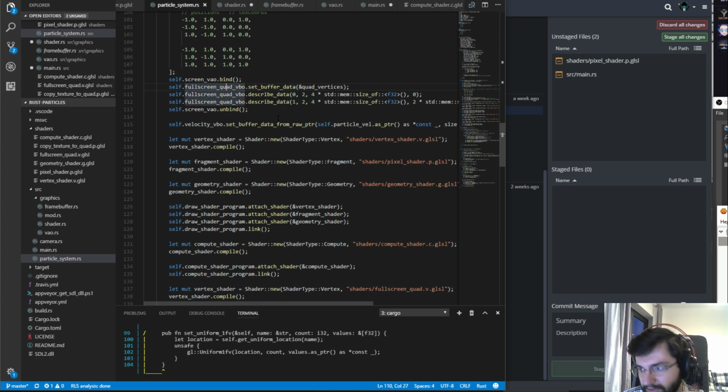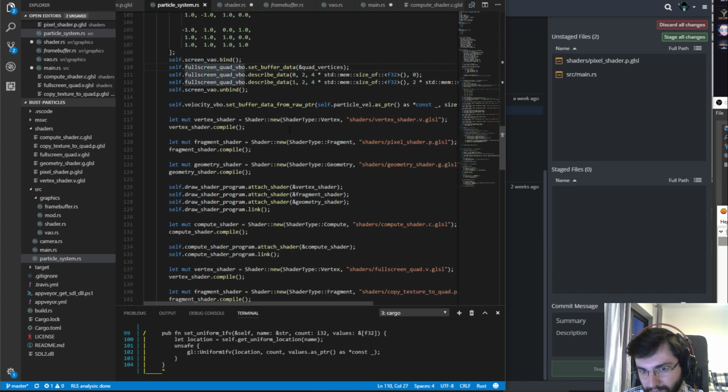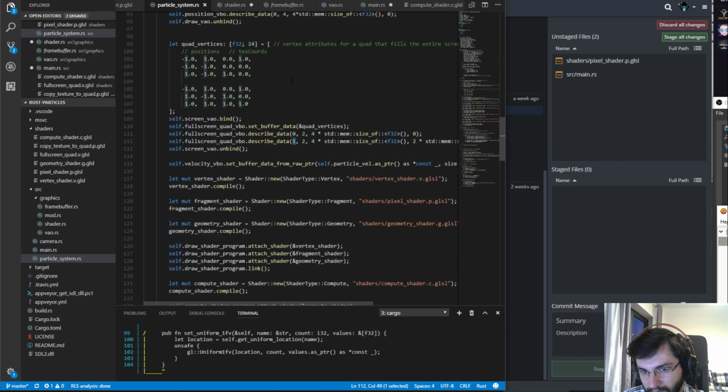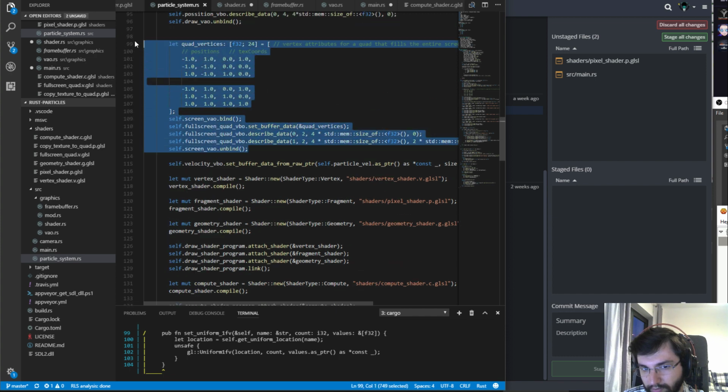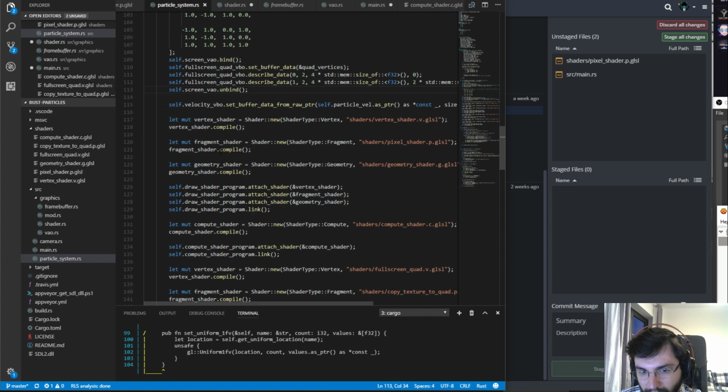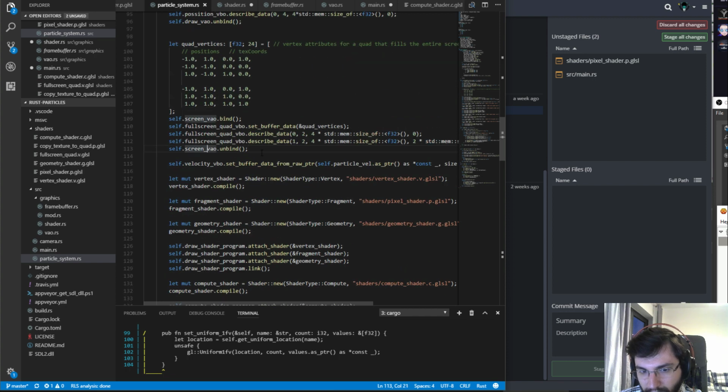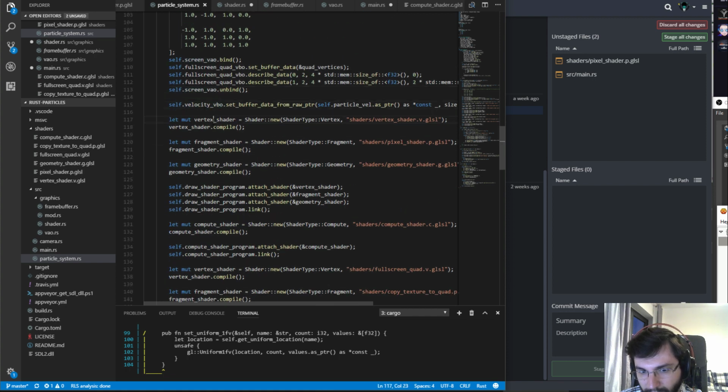I don't know how much detail I should put into these. Okay, this is the full screen quad that's drawn at the end, and then we have the velocity buffer, vertex shader, fragment shader, geometry shader. This is quite interesting because